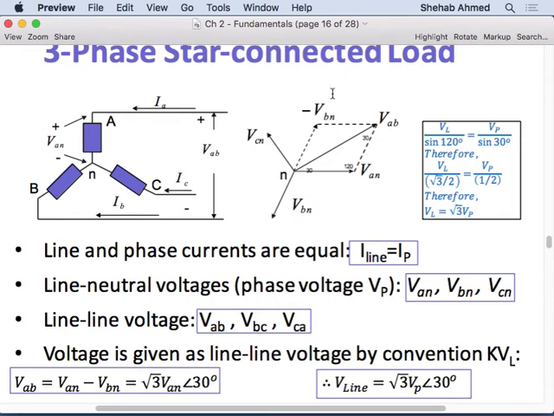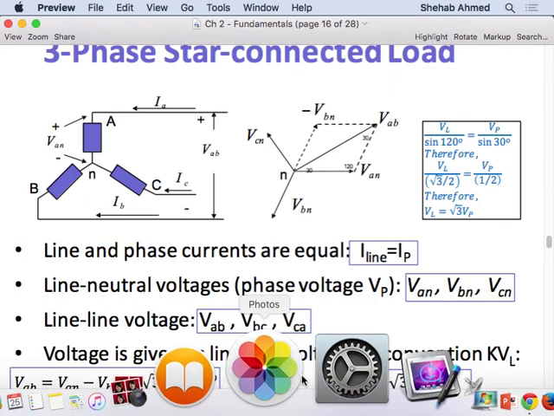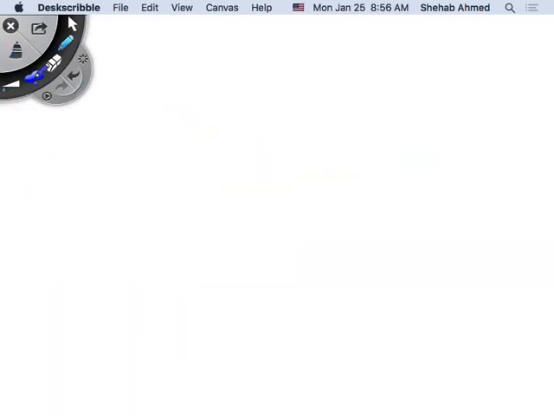We will figure out a way now to take all the loads that we have in a 3 phase system and convert them to single phase equivalent. That will be the objective. So everything we have in a power system, transmission lines, transformers, generators, loads, we want to take the three phase representation and figure out how we can represent it as single phase. Everything in a power system is either connected in a star fashion or a delta fashion. So it's going to be either connected in star like we